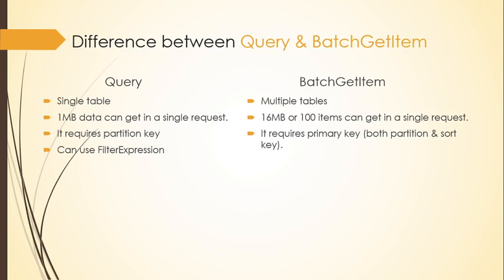So you should know both, and you have to pass both the partition key and sort key if you have both. This is required, and you can't use a filter expression. It is meant for bulk dumps. So if you want to filter using a filter expression, in that case you have to go with Query. So this is the